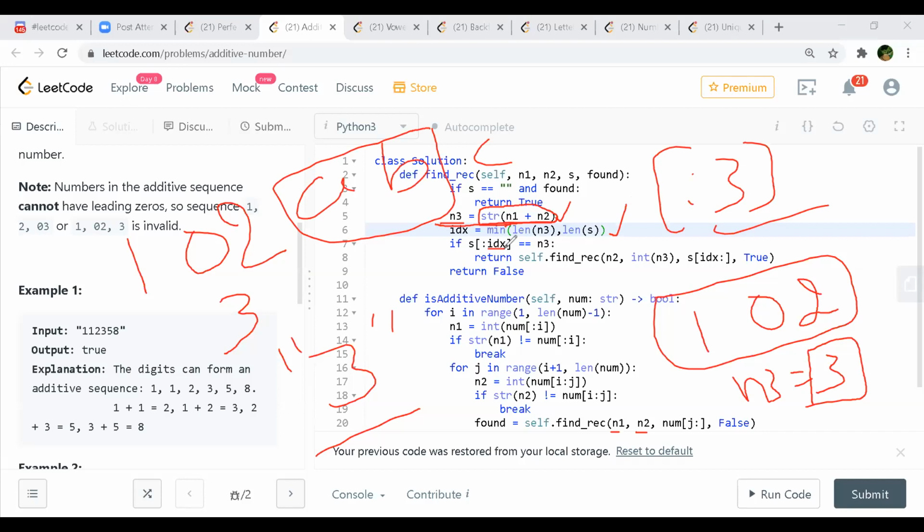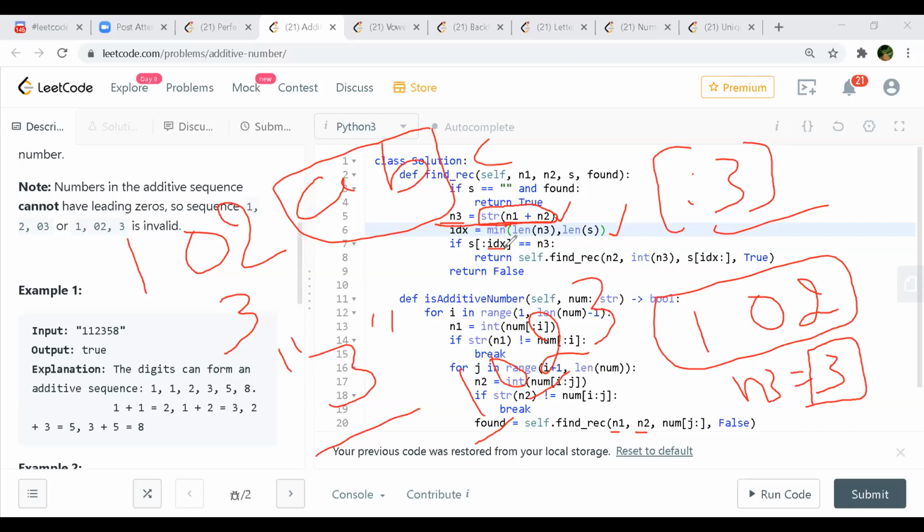Let's say the string is 1023, and we are in the middle of a recursion. Initially you'll give 1 and pass 2 here, right?